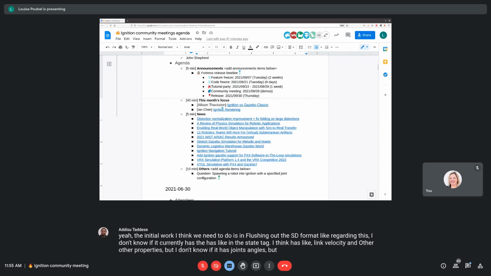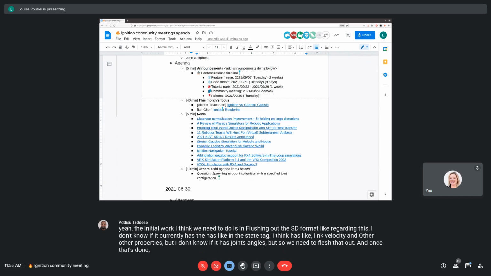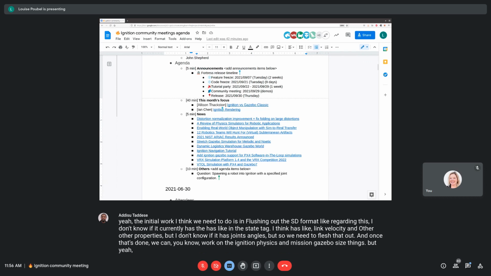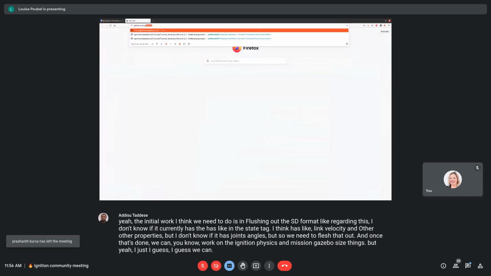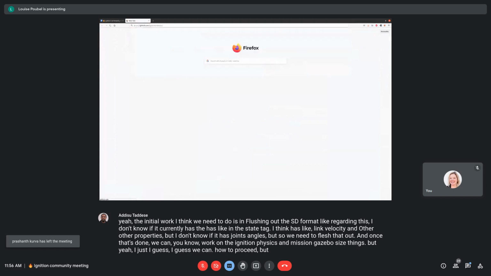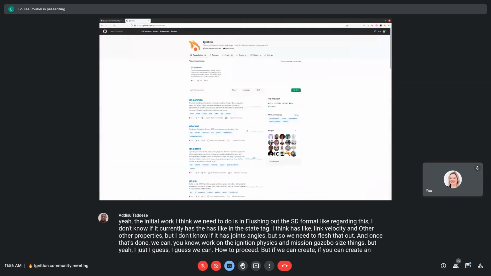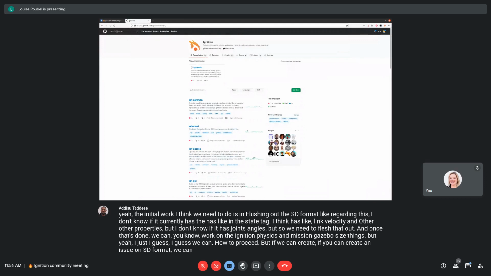So we need to flesh that out, and once that's done, we can work on the Ignition physics and Ignition Gazebo side of things. I don't know how to proceed, but if you can create an issue on SDFormat, we can chat about it there maybe. Cool. Thanks.